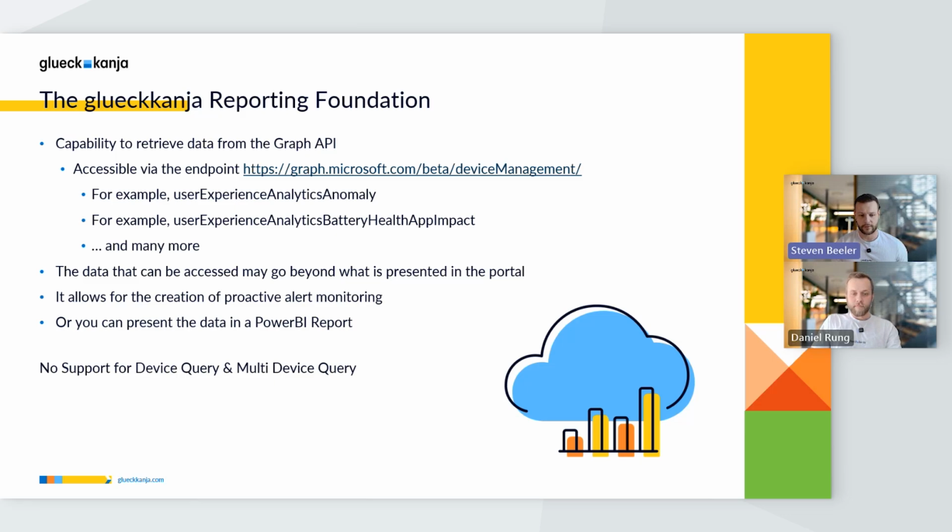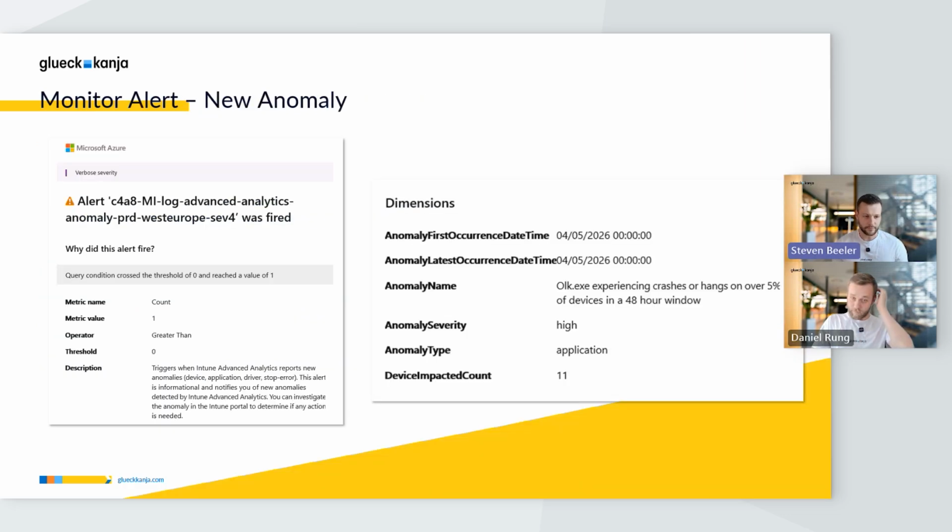And we created actually an alert. So you get an email notification. Hey, there's a new anomaly that got detected. This is the information to it. So just to show you a quick example of how this would look. So this is an example email. So of the example we had before of the anomaly of the new Outlook, so olk.exe, this is how an